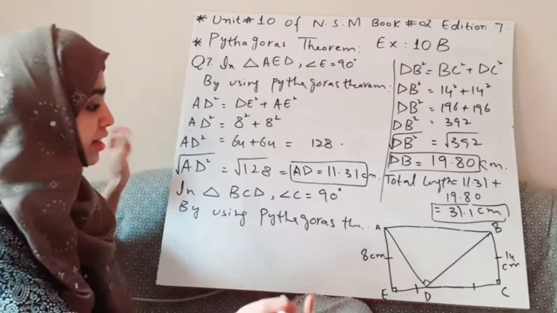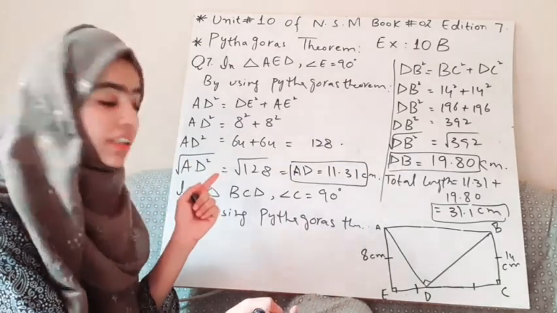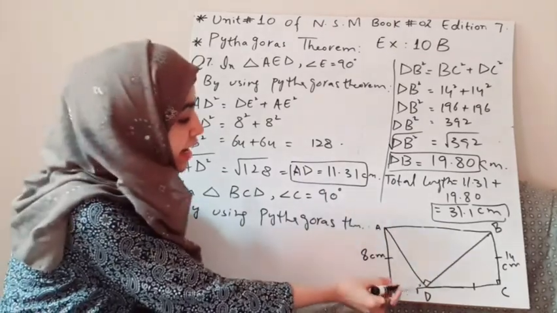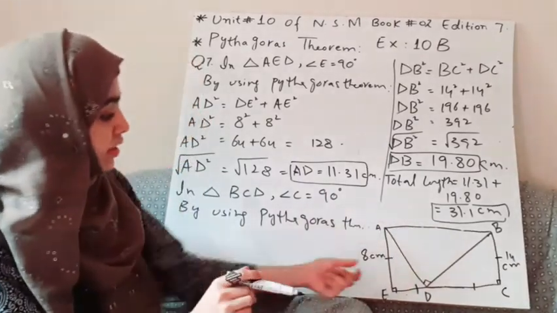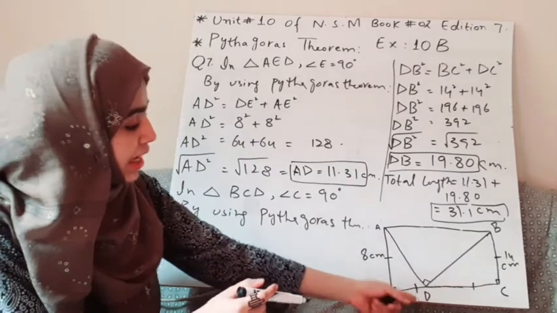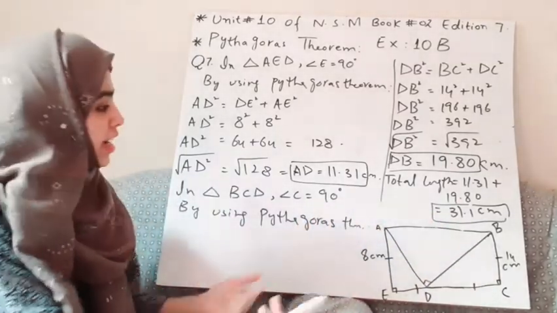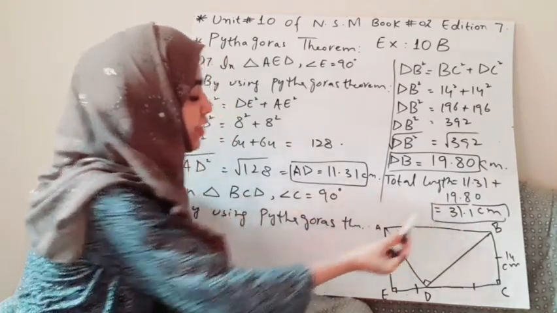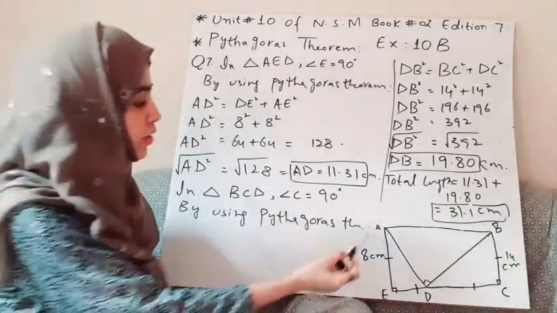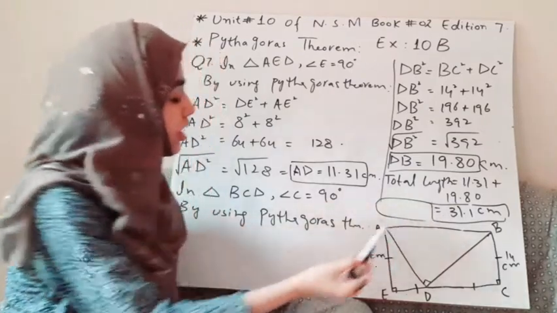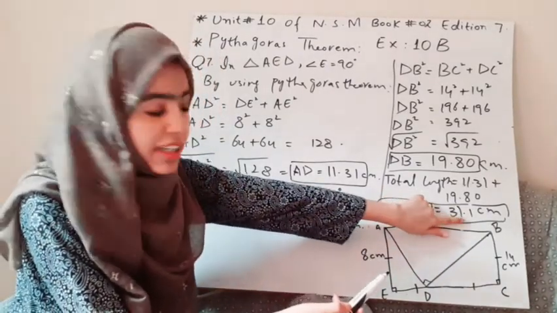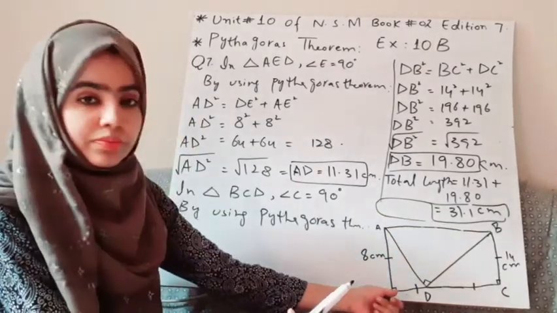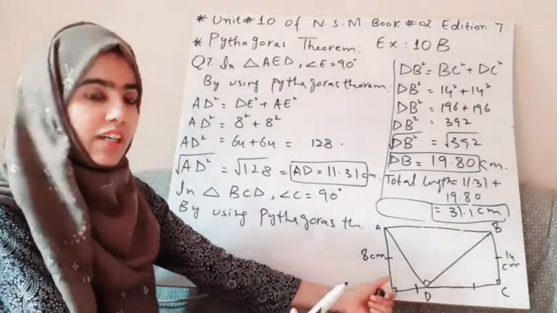Now their question was to find the length of the sides where we have to apply the glue. So we have to find AD and DB, and we have found them. Now we have to add both the lengths. That will be the total length of the sides, which is 11.31 plus 19.80, and it will be 31.1 centimeters. So the total length will be 31.1 centimeter, where we have to apply the glue to seal the envelope. So we are done with this.